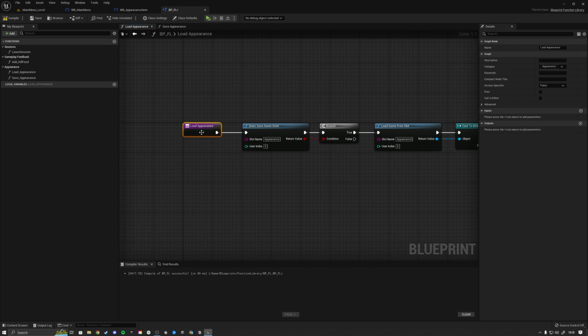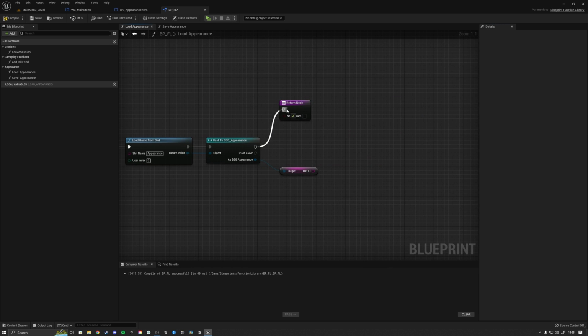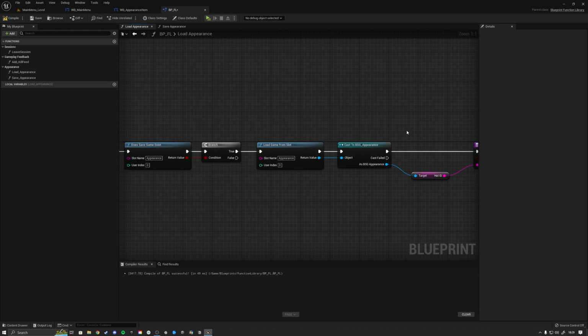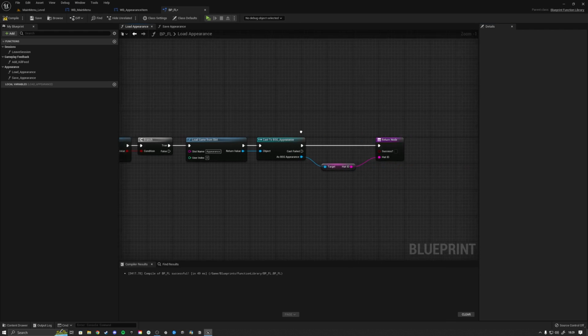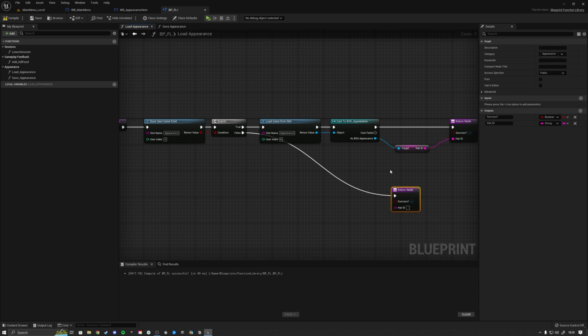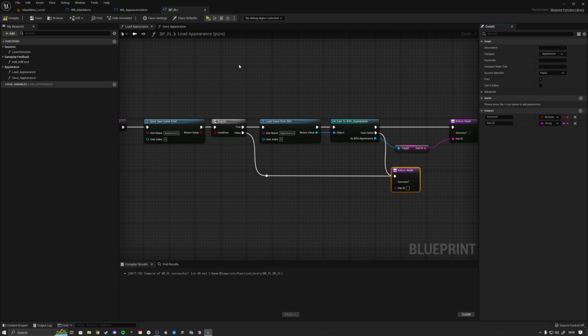Then we're going to click on the function here and then click on outputs to get an output like this. So what we want to output in this case is our hat ID over here. But we also want to say whether or not it was a success. So we're going to add a boolean here and call it success question mark. So in the case that we have a save game and that the cast didn't fail, then it is indeed a success. But in all the other cases like this, it is simply not a success. So then we put this like this, and then with the function selected, we're going to click on pure,